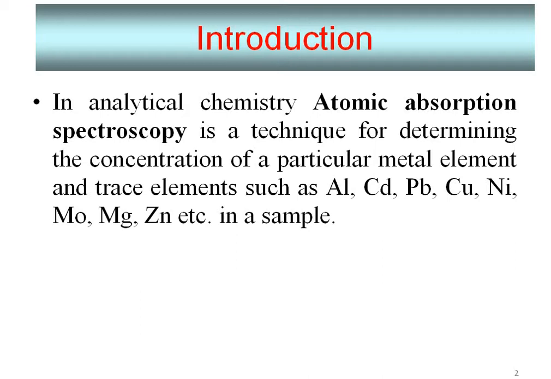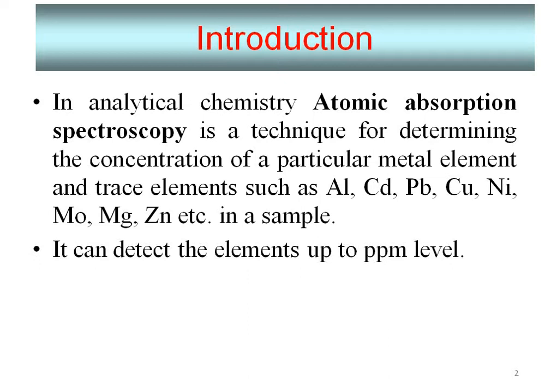Flame photometry differs from atomic absorption spectroscopy. If the sample contains more than one metallic element in flame photometry, then it will show spectral interference. To avoid this, the metallic element must be separated from the rest of the sample matrix, and only then can it be subjected to analysis. But in atomic absorption spectroscopy, such interference is not there. So, no prior separation is required and it saves time.